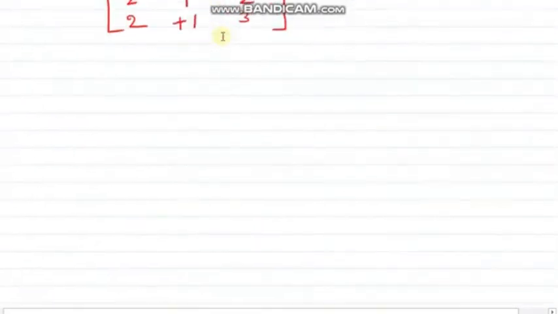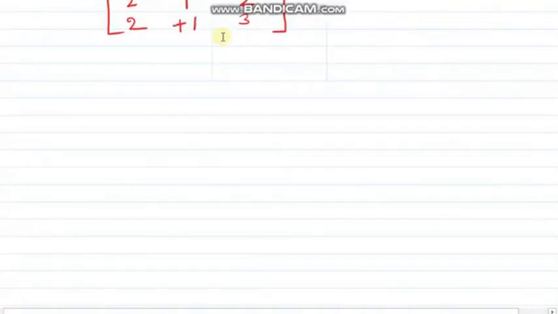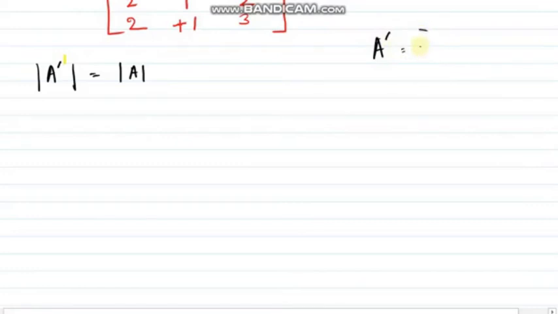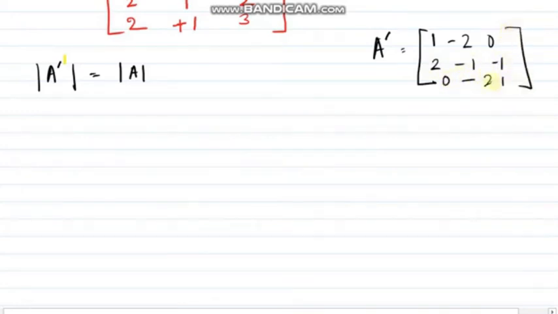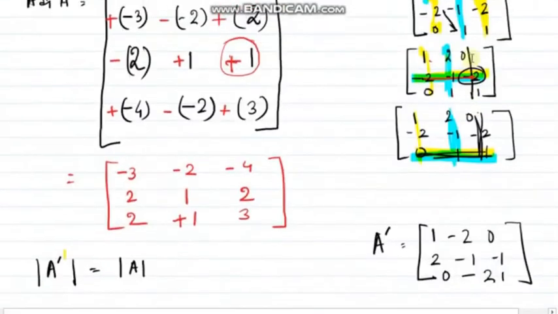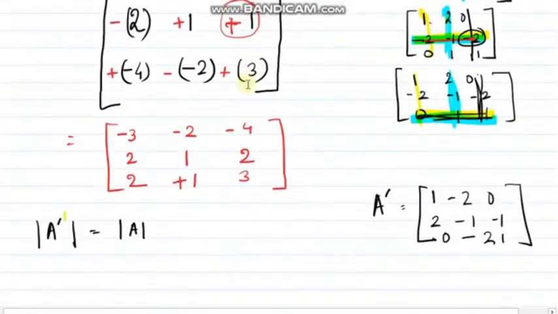So given system of equation, if I will take this equation matrix as A dash, so that determinant of A dash is also equal to determinant of A, right? So I am taking A dash for the equation. The coefficients given are 1 minus 2 0, then 2 minus 1 minus 1, and the last one is 0 minus 2 1. So do you agree this will be your A dash? Just check your A. So this will be your A dash, right?